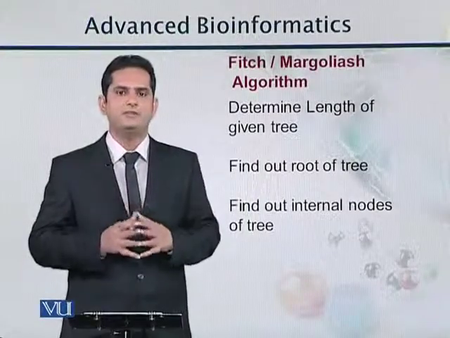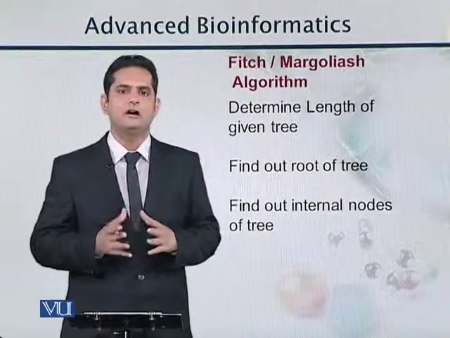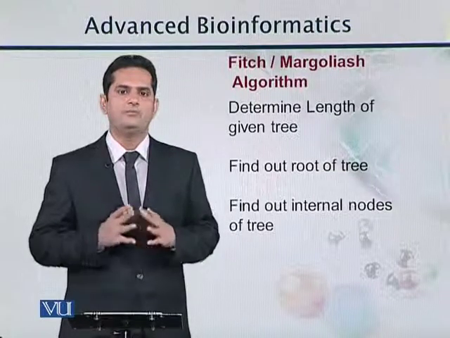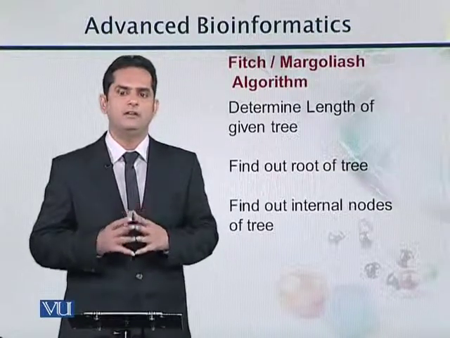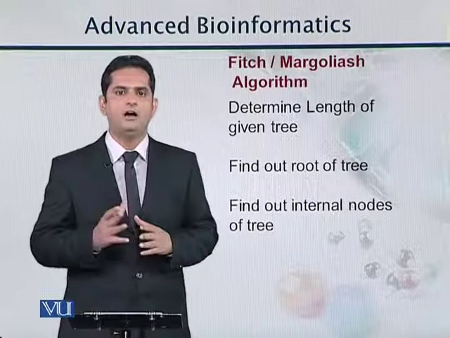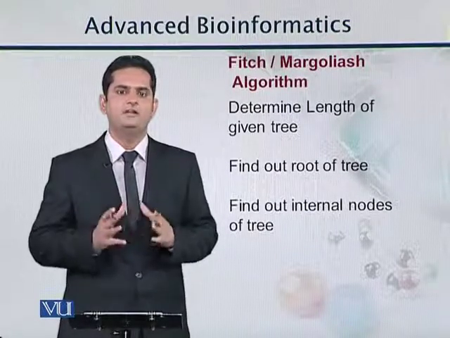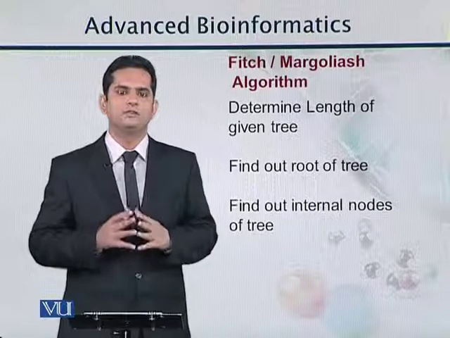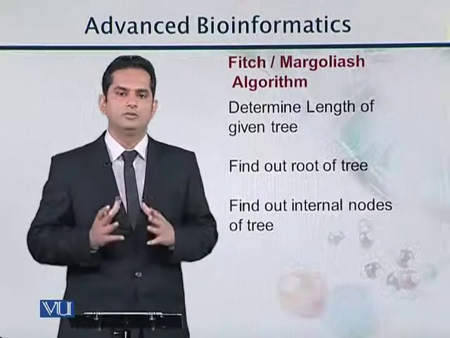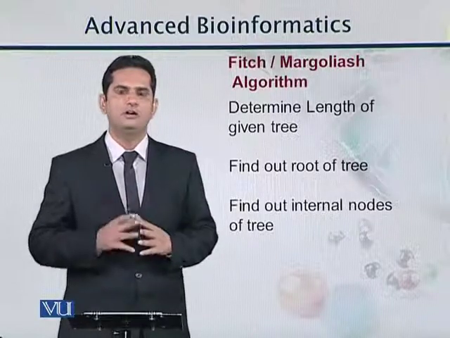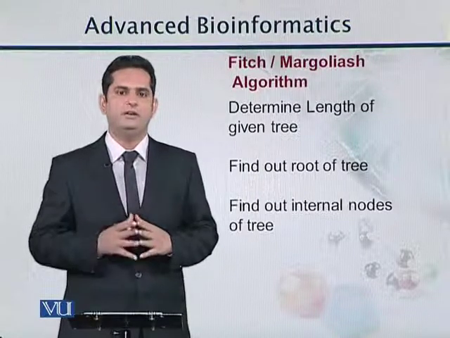Phylogenetic trees can be of two types, rooted trees and unrooted trees. Rooted trees have a common ancestor for all the leaf and internal nodes. On the other hand, an unrooted tree doesn't have any concept of a root node, which is a common ancestor. So in this section, we will see how to convert an unrooted tree into a rooted tree.